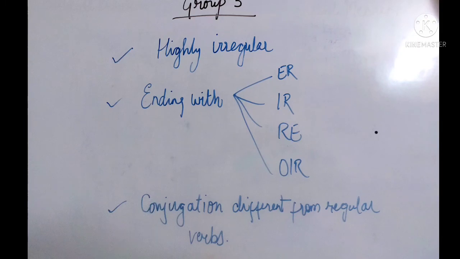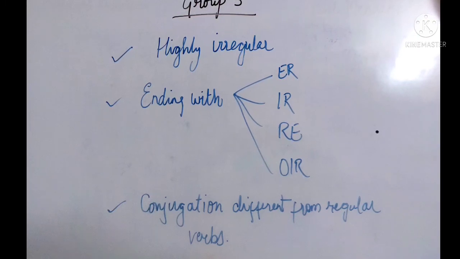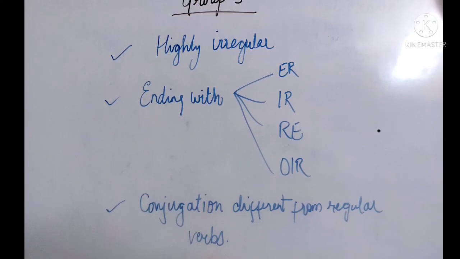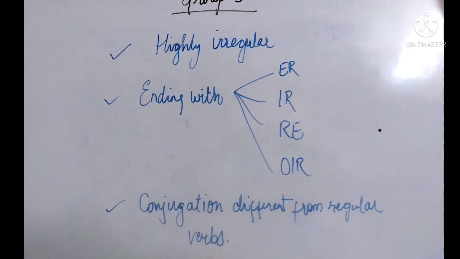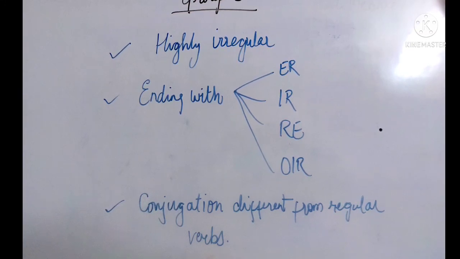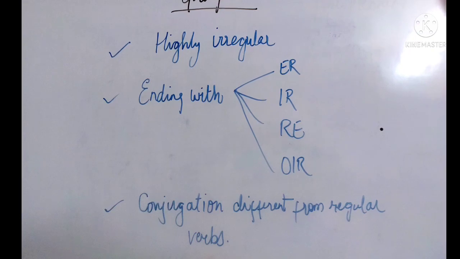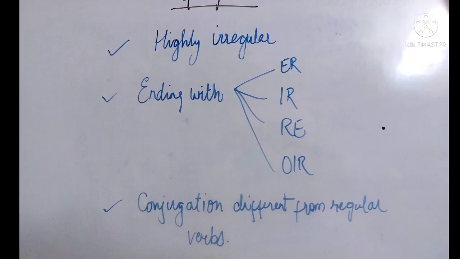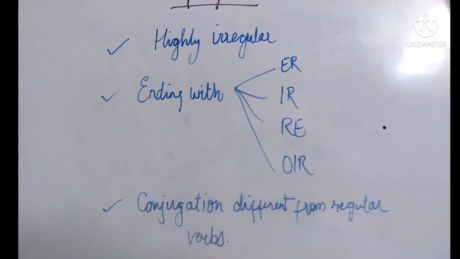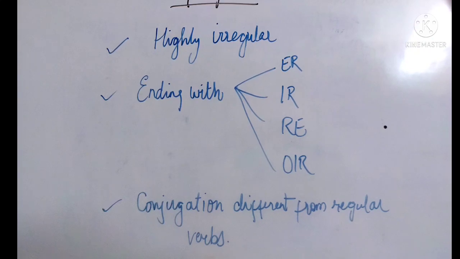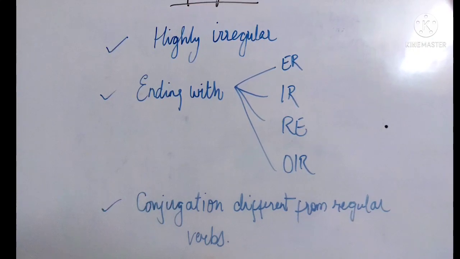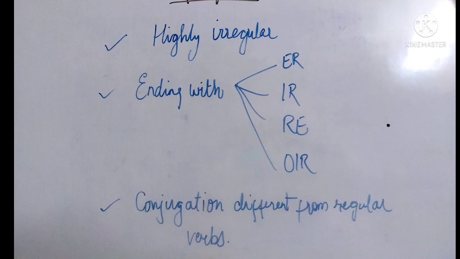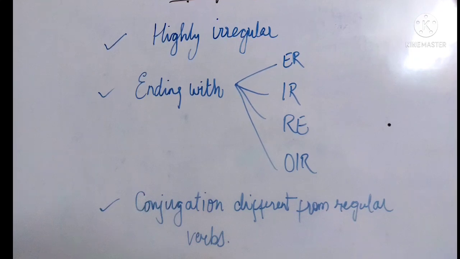Whatever we did today was in the present tense. Just remember the present tense. That is also very important. Conjugation lies in the present tense. These irregular verbs are very few, just 20% of the French verbs. There is no trick or method to remember these verbs, whether in the regular or irregular category, or whichever group they belong to. You guys have to memorize them. That's the only option. And one more thing, guys: instead of writing,